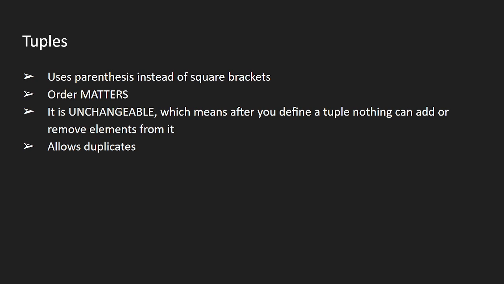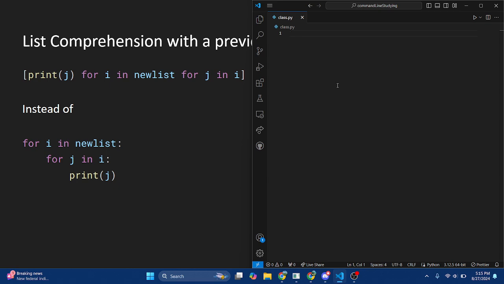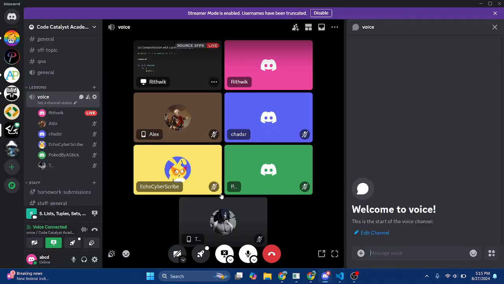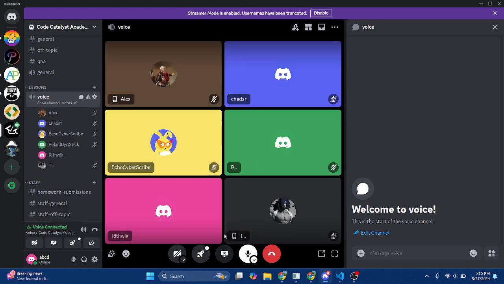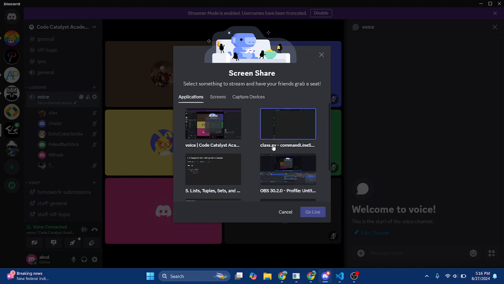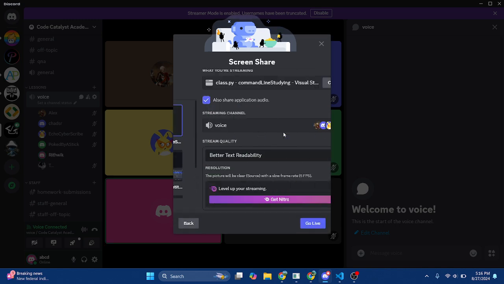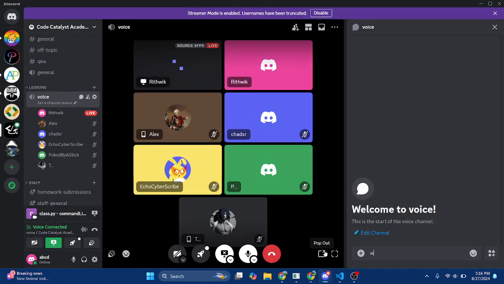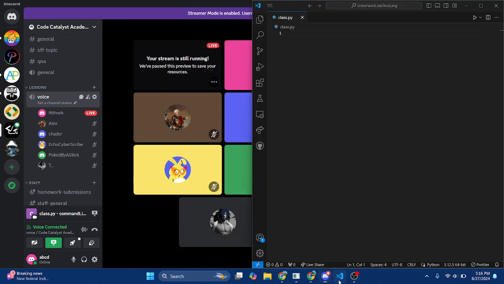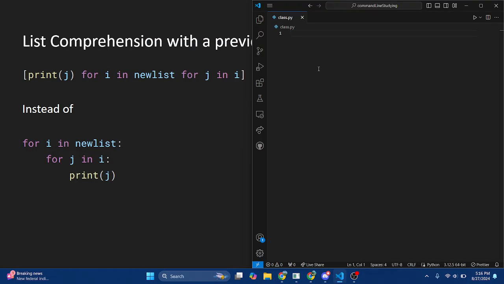Tuples. Do you want to demonstrate some of the lists? Like give some examples in VS Code. Okay, so, oh wait. So